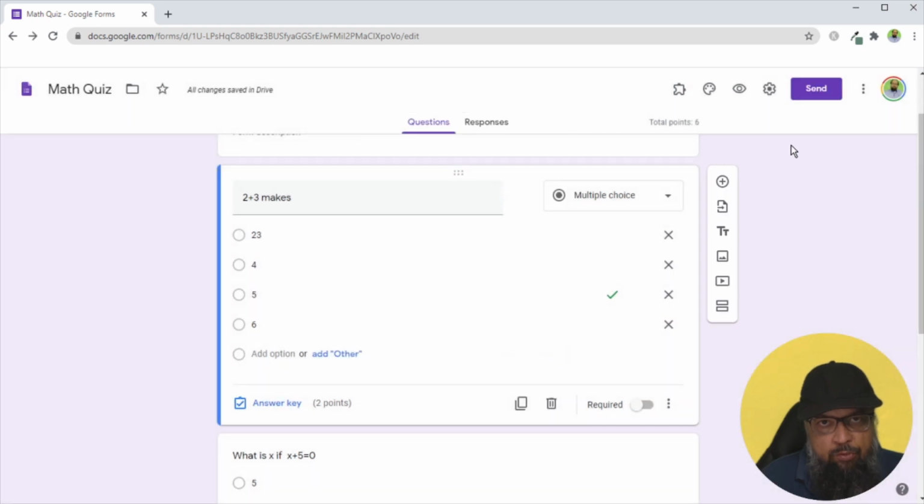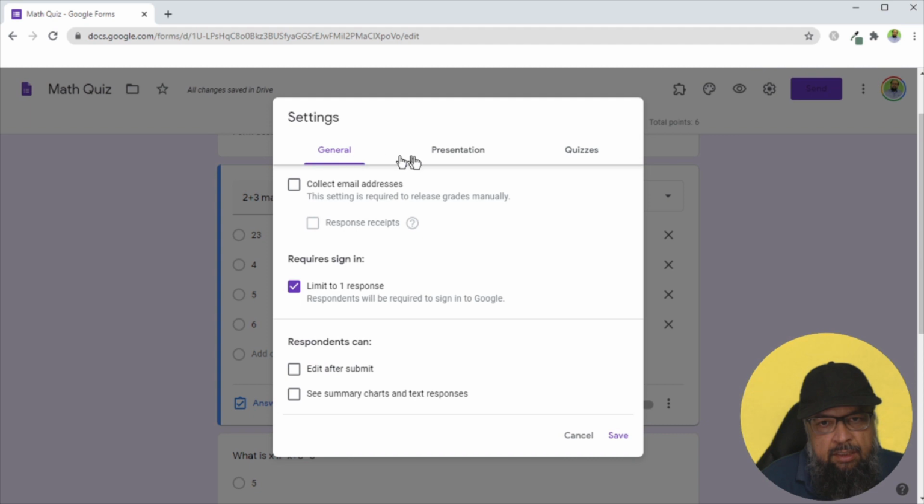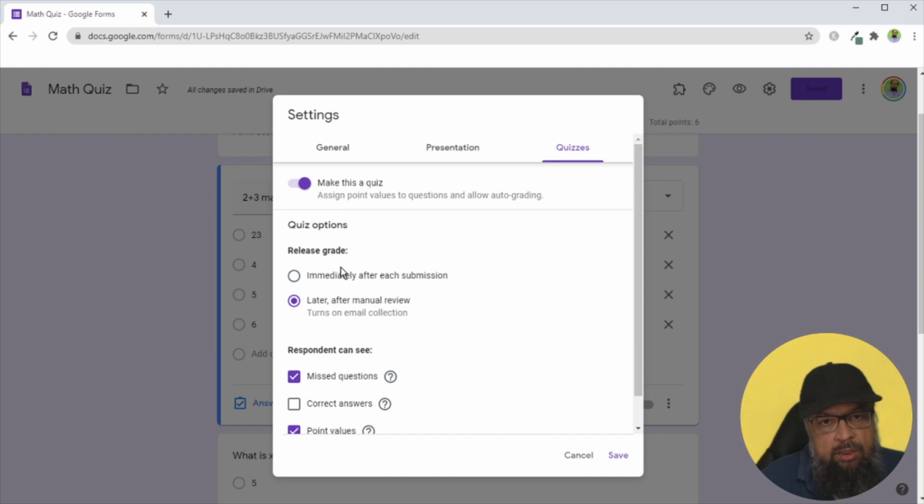Now the next few things are very important. Click on these settings and there are 3 types of settings. The most important setting is in quizzes, and by default the grade release is immediate. You want to switch this to later after manual review, because if you are using the add-on, then we will be looking at the screen of students, and one add-on also gives us a trust score, and it will give us some timestamp that student was looking at other screens or student was opening other tabs. So we want to review the whole process. We want to have a look at the automated proctoring. Therefore, we don't want to release the grades immediately.